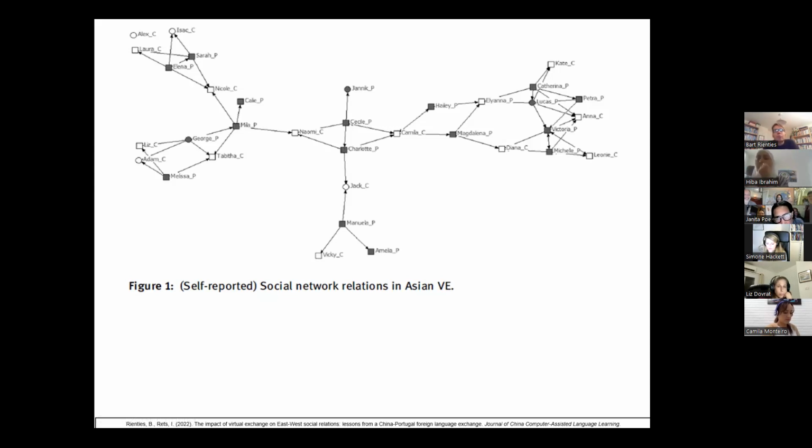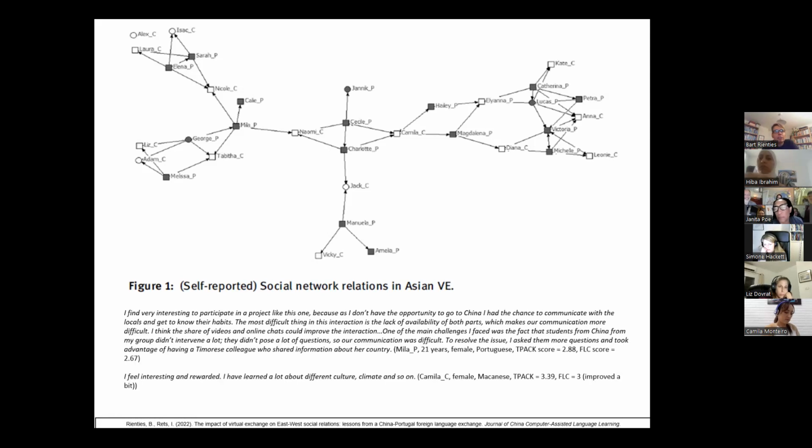So for example, Manuela from Portugal learned from Vicky, and learned from Amelia, and learned from Jack. But this particular person, Manuela, didn't learn from some of the other participants. So it's a really informative way to see, okay, with whom did people connect? And this allows us also to see whether or not people were able to connect beyond their